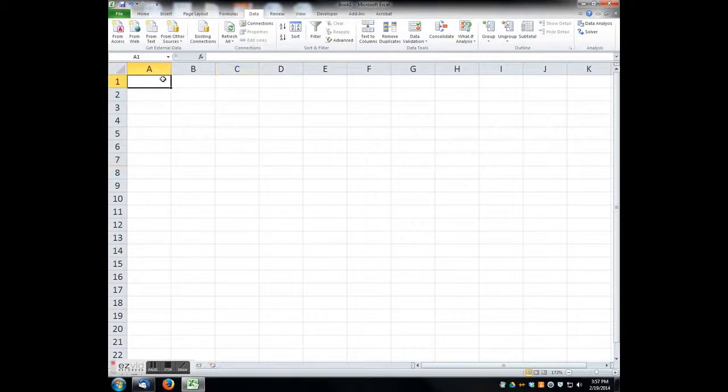So if you want to turn a cell into a drop-down menu, the first thing you need is a list. So I'm going to make a list today. It's going to have on it fruits and vegetables. Now, if we want to make cell A1 into a drop-down list that has both fruits and vegetables on it,